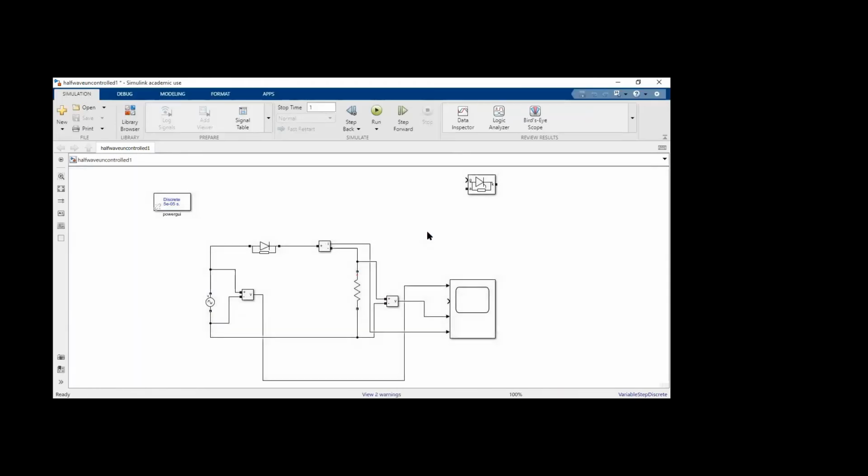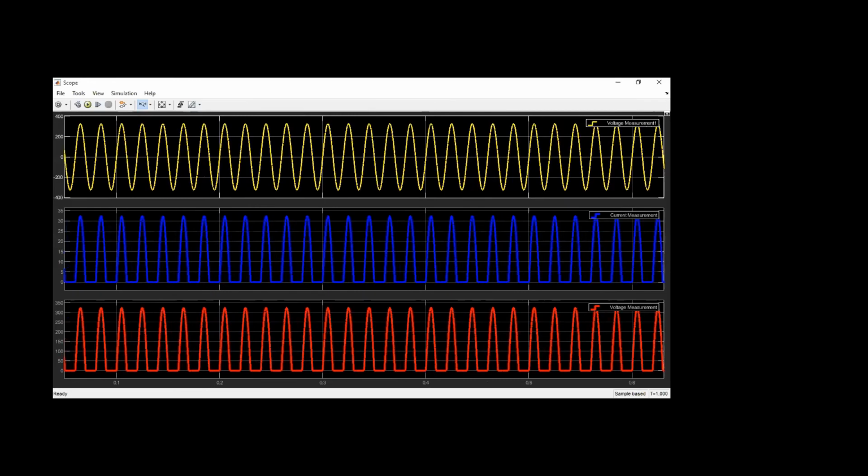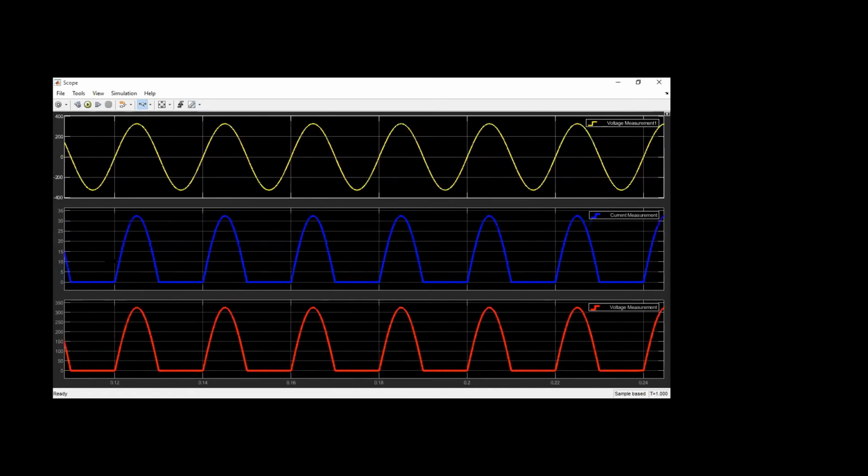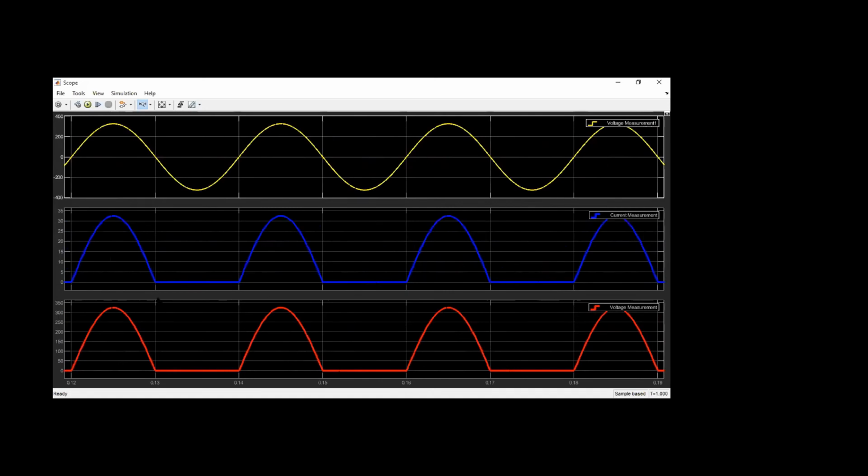So earlier in the controlled half wave rectifier, a firing angle of 30 degrees was given, but here I have removed it. What I have considered is only the diode. So how the result will be, I'll show you. Now see this. If you observe a diode rectifier, you can identify that there is no firing angle. So directly it conducts from 0 to 90 degrees. The other half there is nothing, then the next half will be conducting.